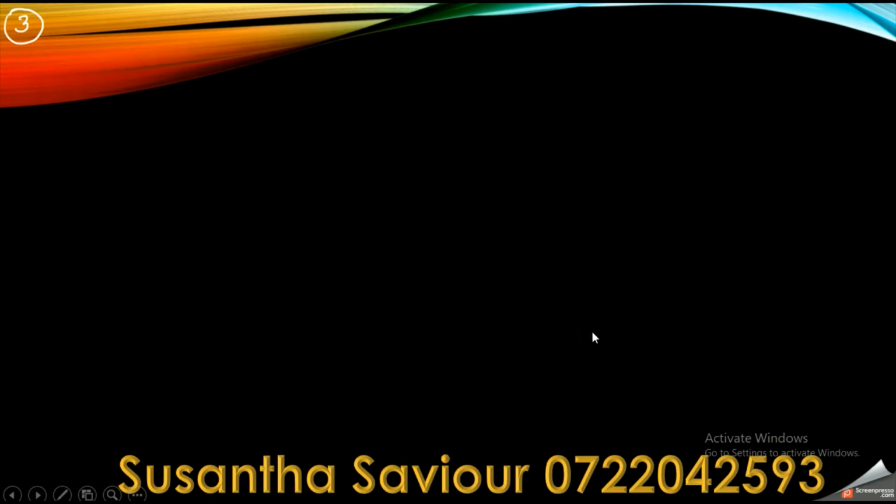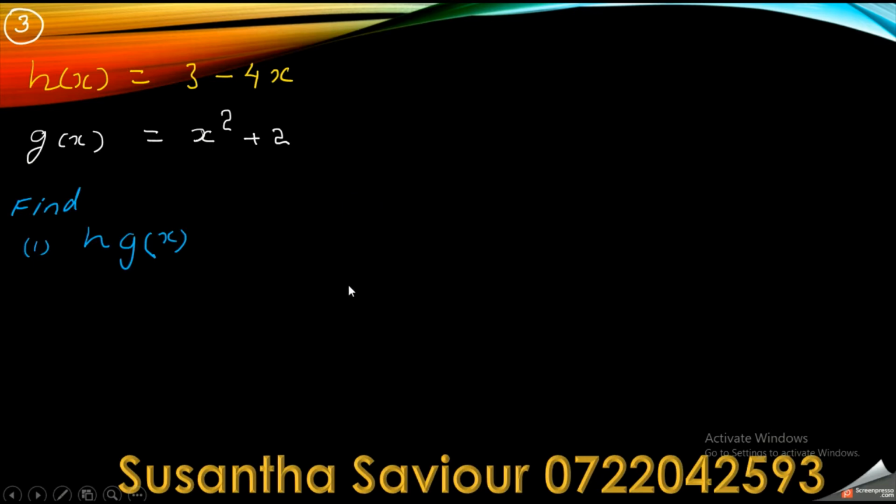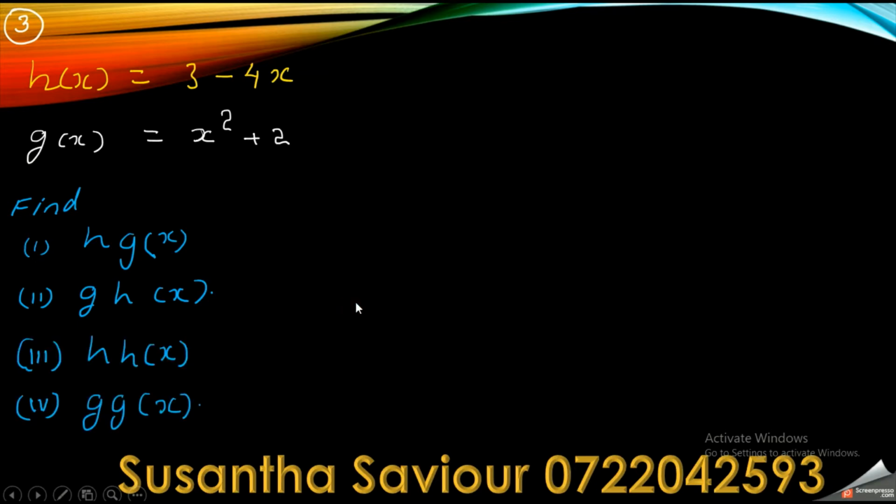We will take another example, example number 3, that is our functions are h(x) equals 3 minus 4x and g(x) equals x squared plus 2, and we will consider h(g(x)) and g(h(x)) and h(h(x)) and g(g(x)). So there are 4 possible combinations we are looking for here. Let's take the first one,